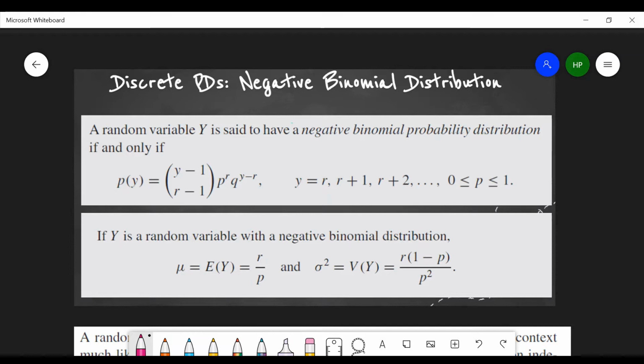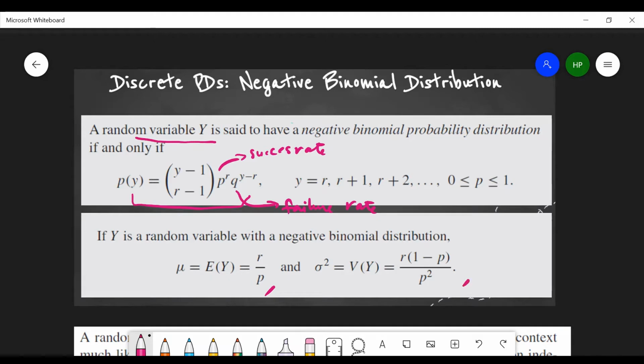So here, a random variable Y is said to have a negative binomial probability distribution if and only if it follows this distribution. Okay? Again, yung p will be your success rate, and of course, q is your failure rate. And y equals r, then r plus 1, r plus 2, and so on, where you have p also having a probability from 0 to 1. Okay? And if Y is a random variable that follows a negative binomial distribution, then this is your expected value